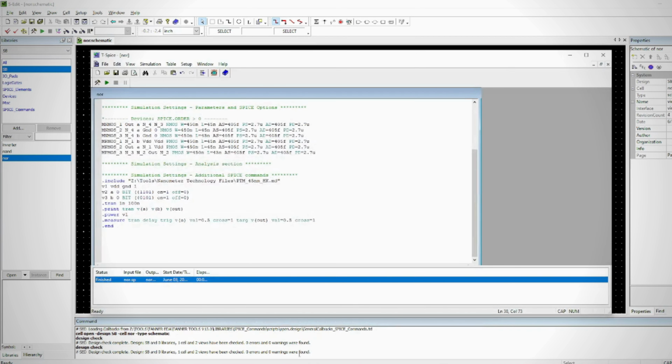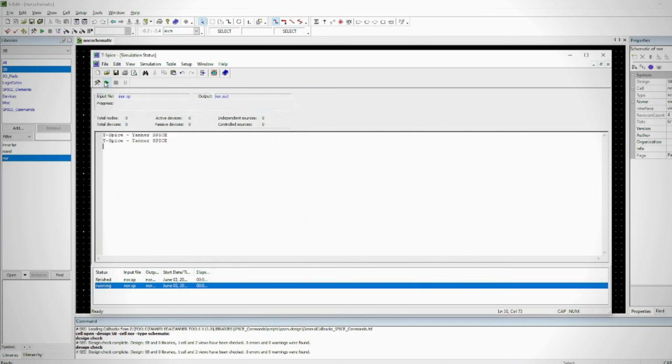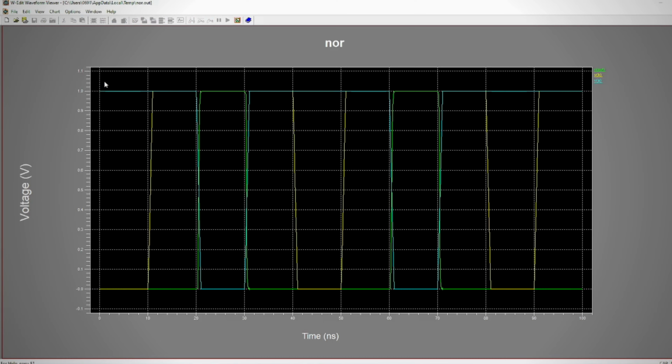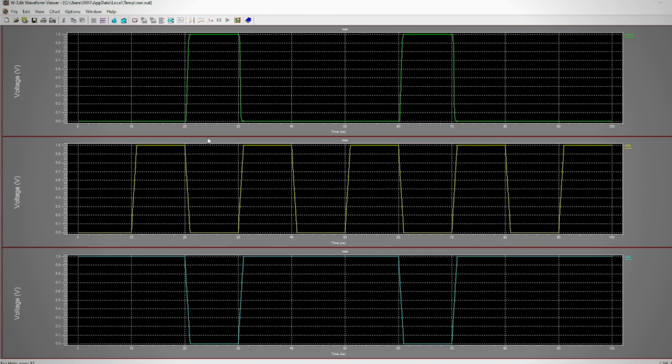Set up transient analysis. In the schematic editor, click on the simulation setup icon or navigate to simulation setup. Select transient analysis in the setup dialog, specify the start time, usually 2000, and stop time, the duration for the simulation. Set the time step, the interval at which data points are calculated. Smaller time steps provide more detail but increase simulation time.